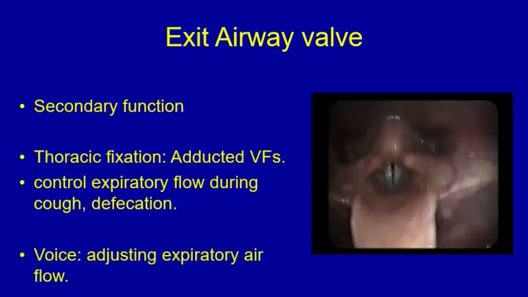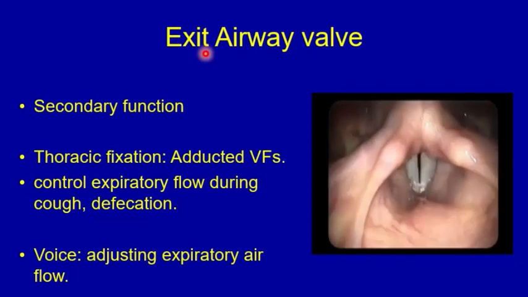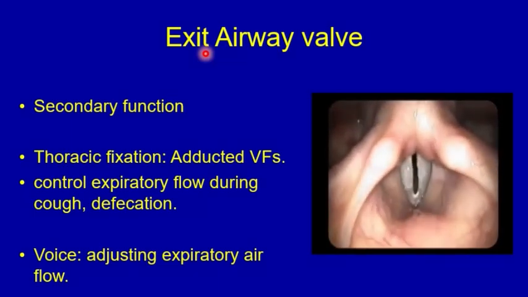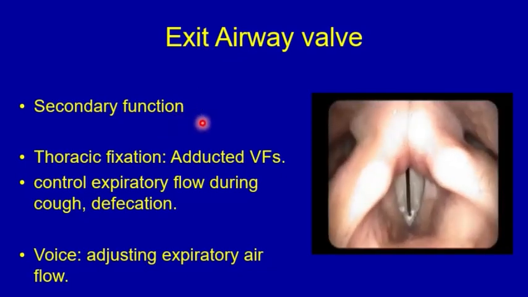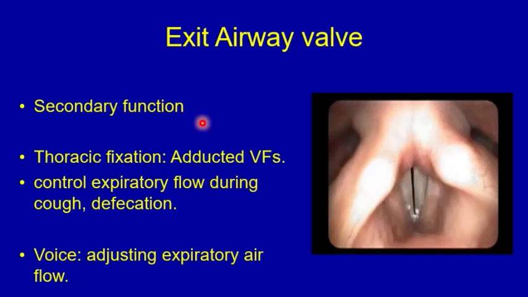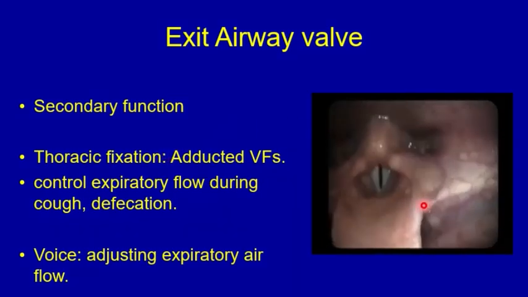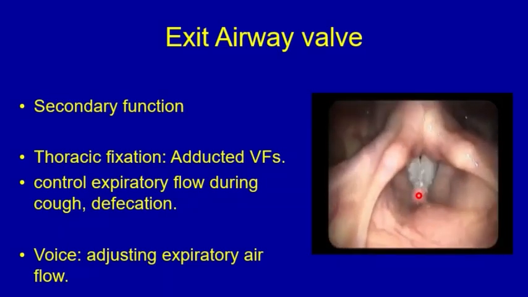And the larynx can also act like an exit airway valve that prevents the rapid escape of the air from the lungs into the pharynx. But this is the secondary function of the larynx. It is used during thoracic fixation. Adducting the vocal folds will prevent the rapid escape of the air from the lungs